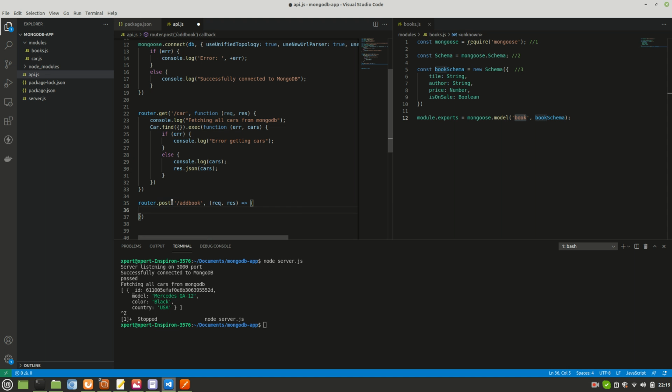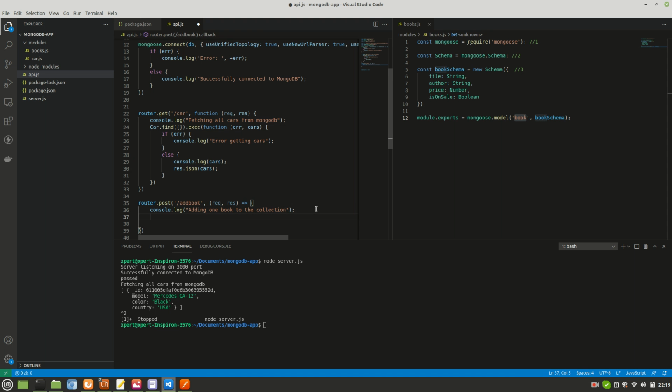This callback we need. Let me console log something here, and we'll say adding one book to MongoDB, to the collection.